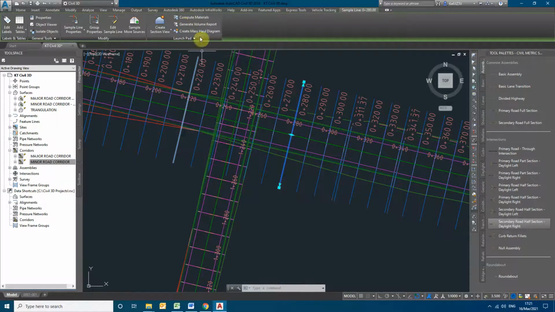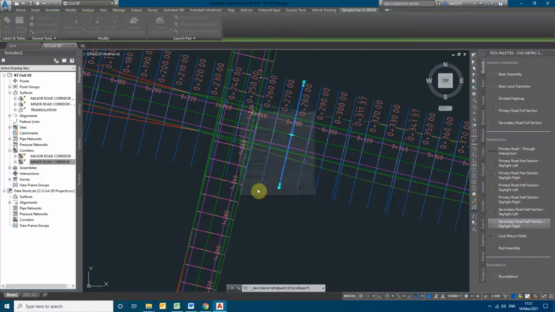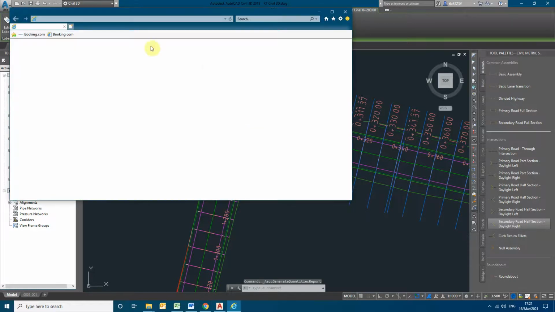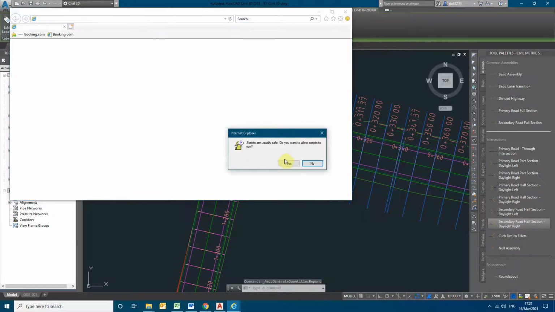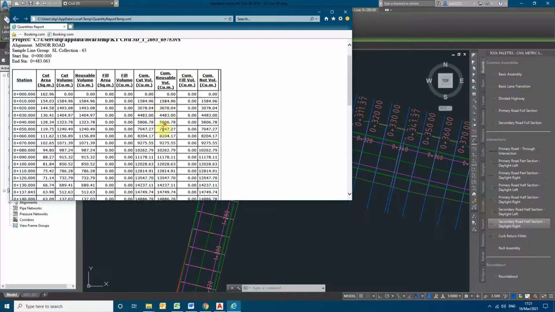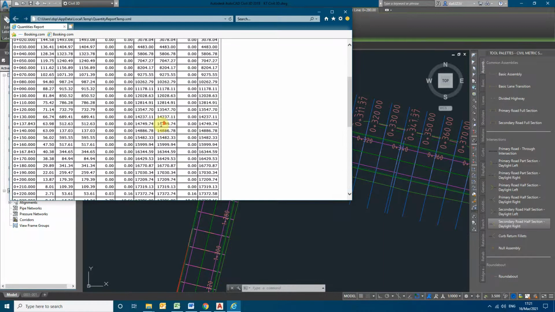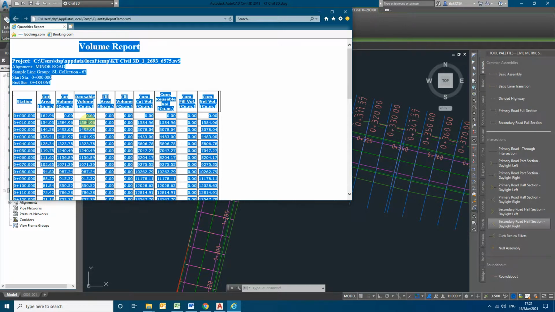So now we can generate the volume report for the quantities of this minor road. So select the minor road. So you can find out the cut and fill quantities over here. Just Control A, copying all the data.